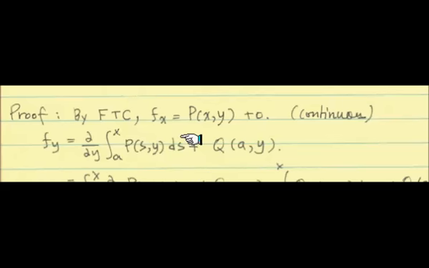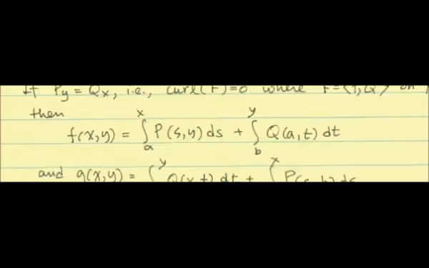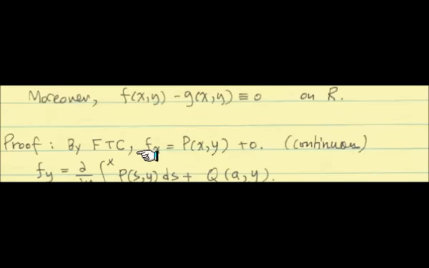We have the definition of f of xy given above. Then we're going to use the fundamental theorem of calculus to compute the partial derivative with respect to x first. So this is how f of xy looks, and we're differentiating with respect to x, and you can see there's no portion of x in here. So that's going to be 0. So by the fundamental theorem of calculus, with y a constant, this is simply p of xy. So that's what we're looking at: fx, the partial derivative, is p of xy. So that satisfies the condition.